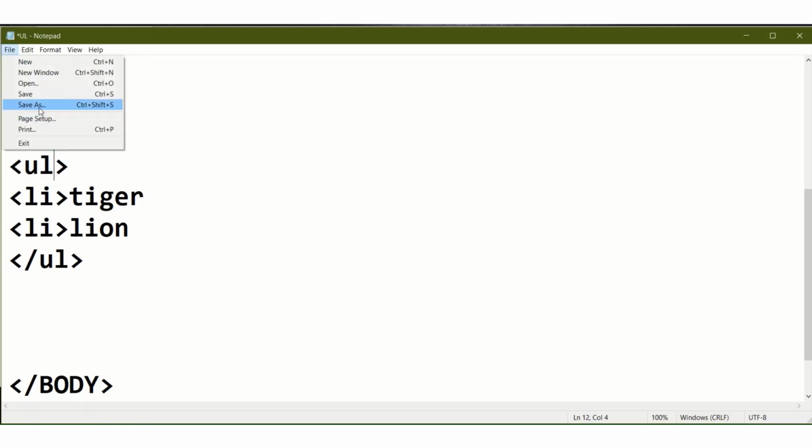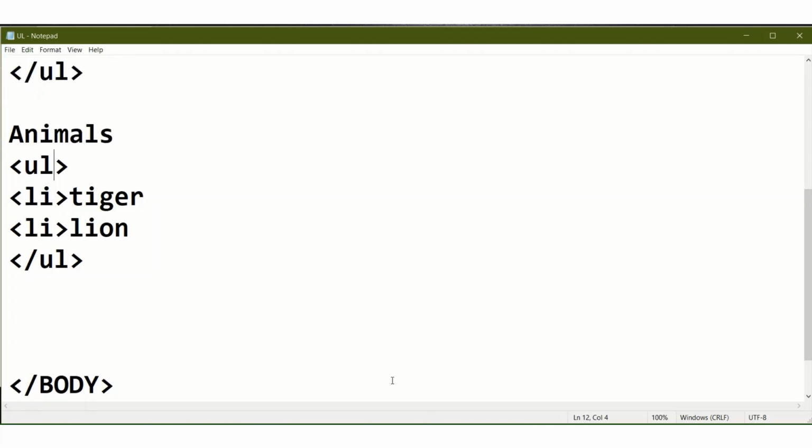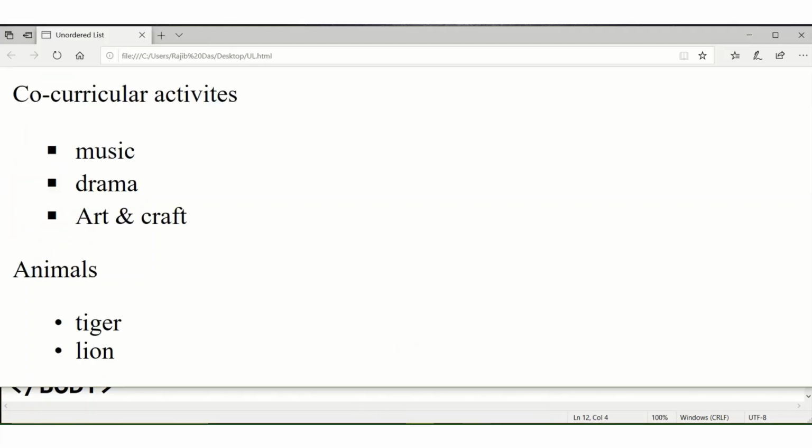See, save and then Internet Explorer page, refresh. So this is the solid circle. So if you do not give any type, then the solid circle, that means the disc type of bullet, will be created by default.